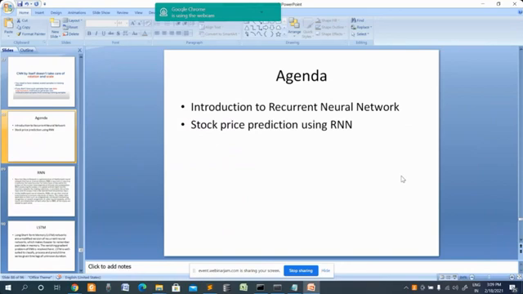Here we will be using two things when we say stock price prediction. One, we are using web scraping. Another one is we are using a third-party API to get the prices of the stocks of the Nifty top 50. So we are going to take the top 50 share prices, try to analyze them, and then try to predict the values. That is pretty much what we will be doing in today's session.